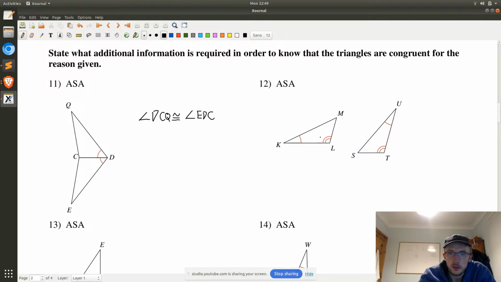For the angle-side-angle theorem to apply, I would have to know that